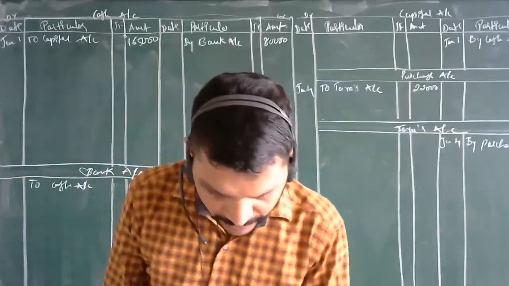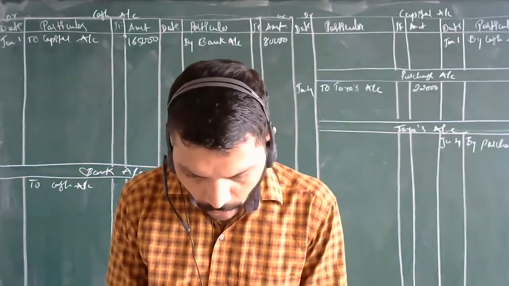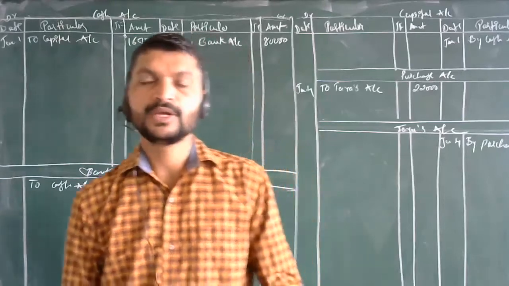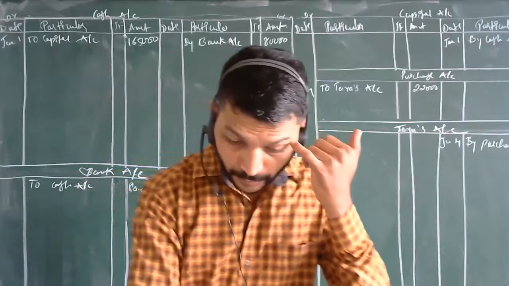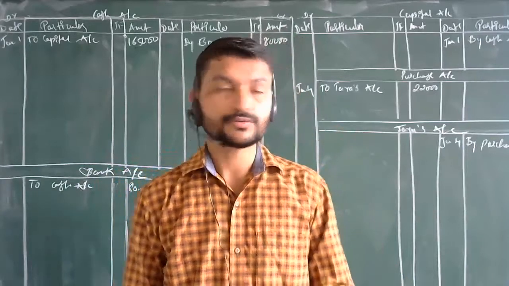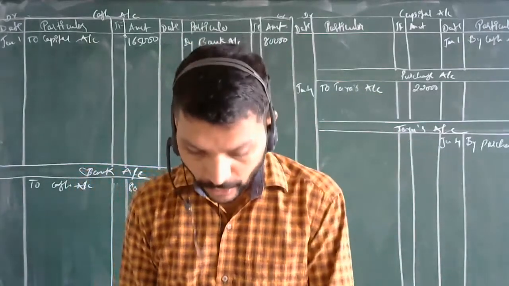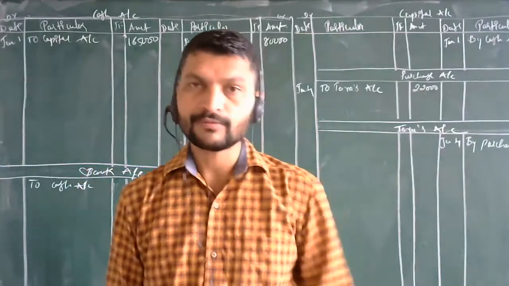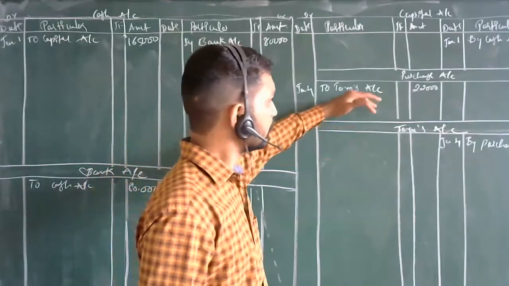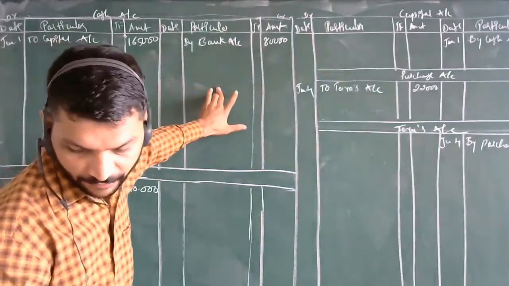So what is the next entry? Purchased goods for cash. Again see, first you brought purchased goods from Tara. Here two accounts got affected: purchase account and Tara's account. Now here, you have told purchased goods, but you have not told from where. It means you purchased for cash. So again you are going to affect the purchase account and one more, the cash account. Two things get affected over here.